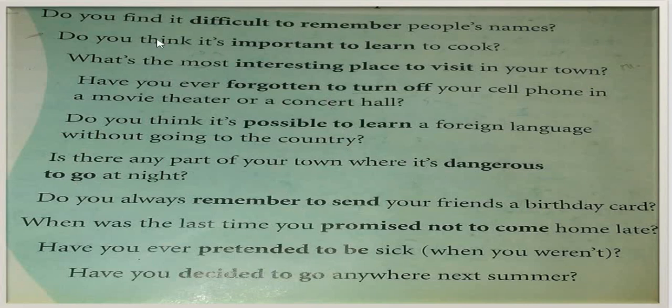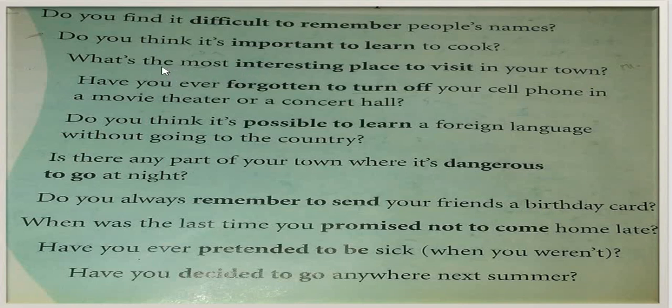Okay. We use to to separate between two verbs. Verb number one, find. Verb number two, to remember. So if there are two verbs in the sentence, they should be separated by using to, as in these examples. Here think, here learn. So how do we separate between them? By using to, right? To between learn, and between think.